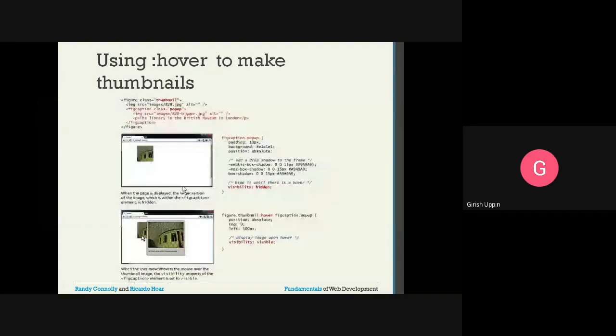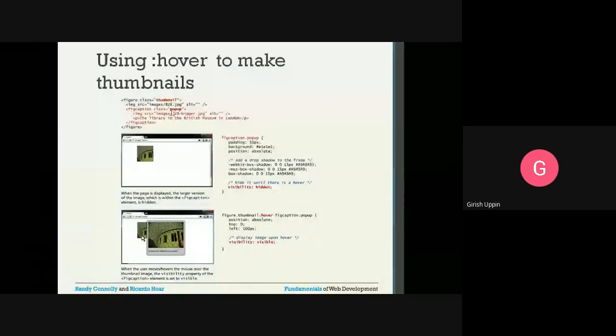The HTML for this is figure class equal to thumbnail and image src, the location of the image, and we have a figure caption with class pop-up.